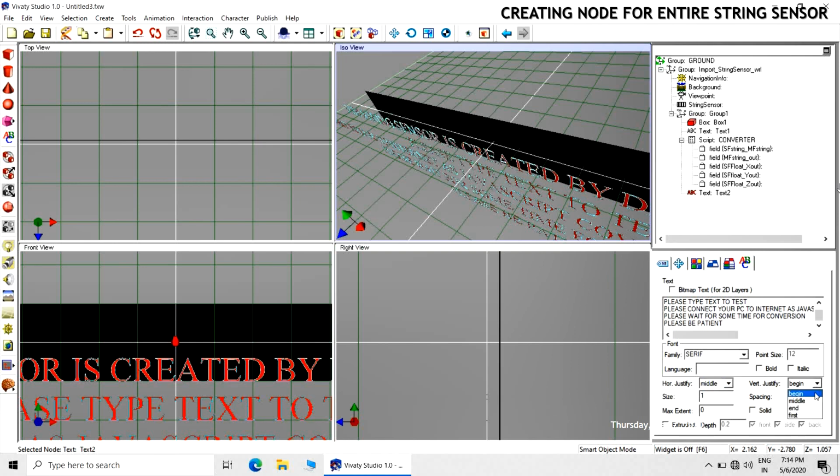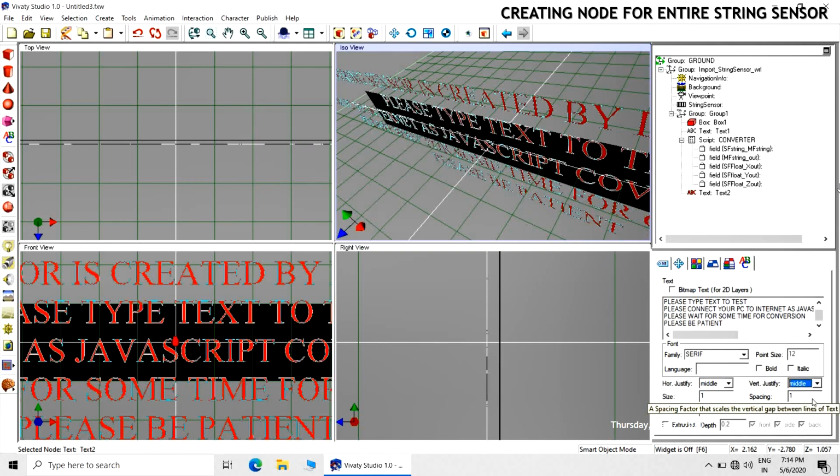Okay, so this text will be displayed. You can fix the appropriate position of this text. So bring it below or above the board. Reduce the size and bring it below or above the board.